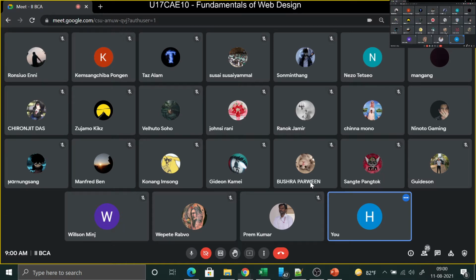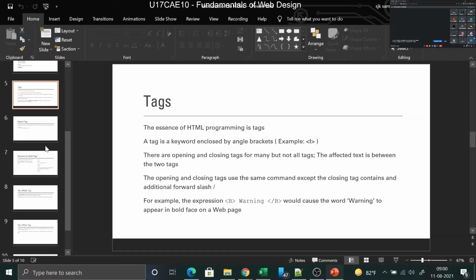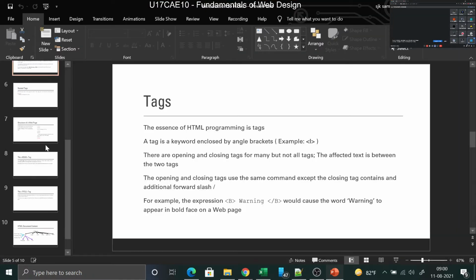So in the previous class, we have been seeing about HTML, and you had done this exercise. We are looking at HTML5, and we saw about tags and about attributes also.